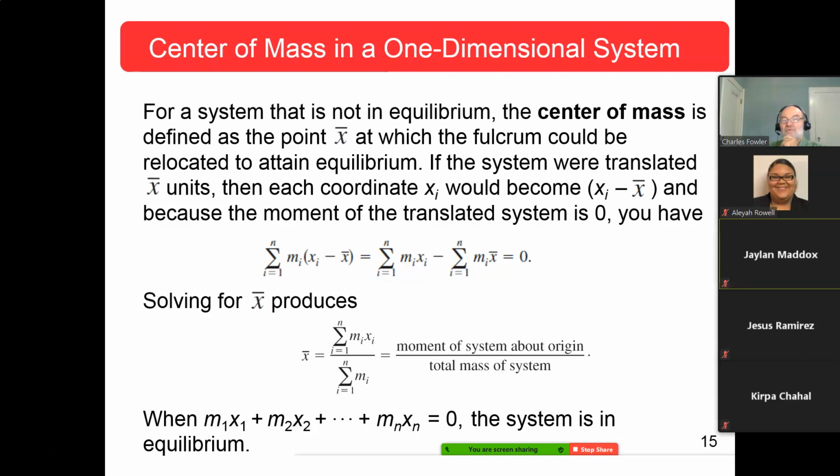If the system were translated x bar units in whichever direction to get you there, then each coordinate x_i would become x_i minus x bar, and because the moment of the translated system is 0, because that's how you define it,